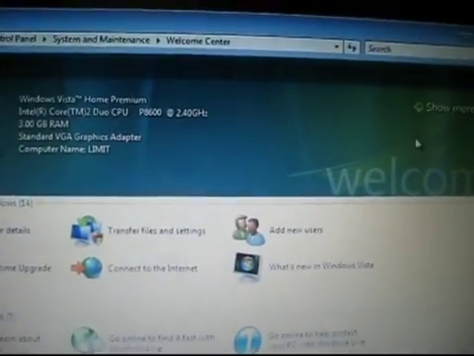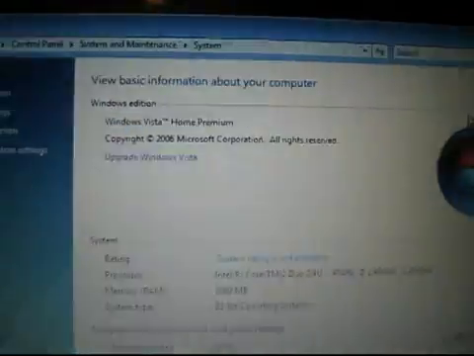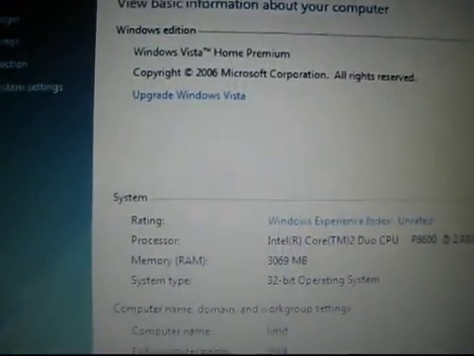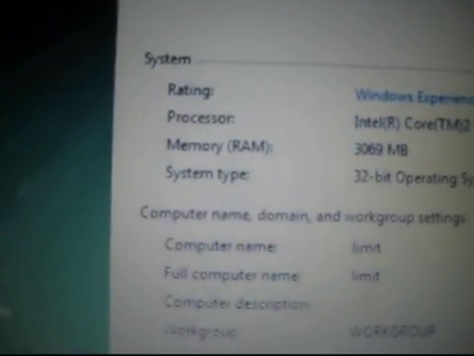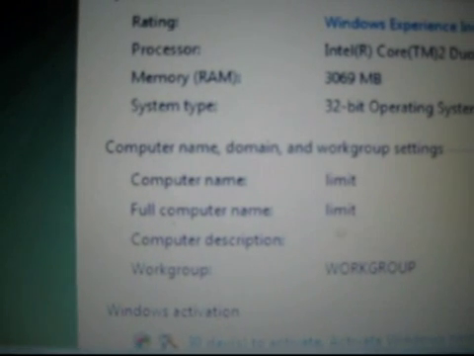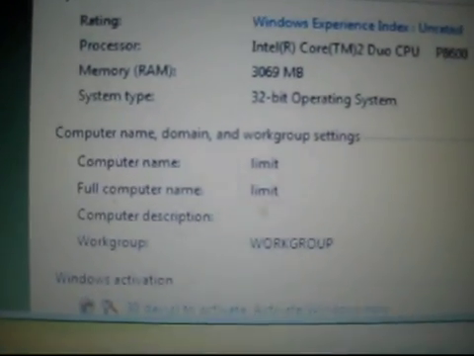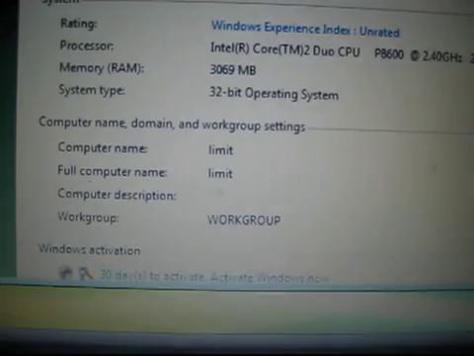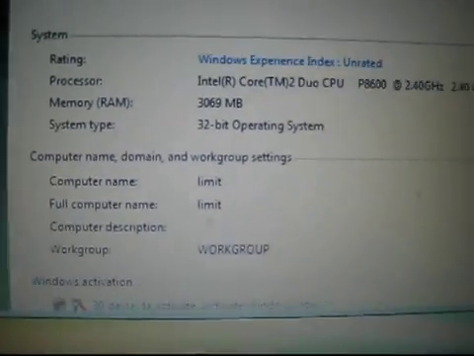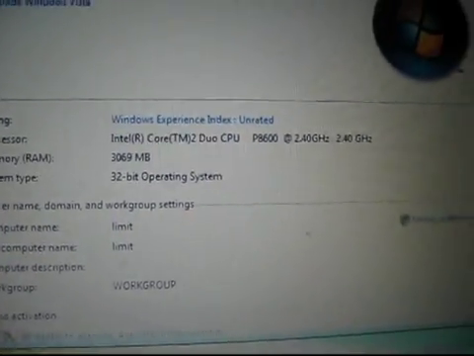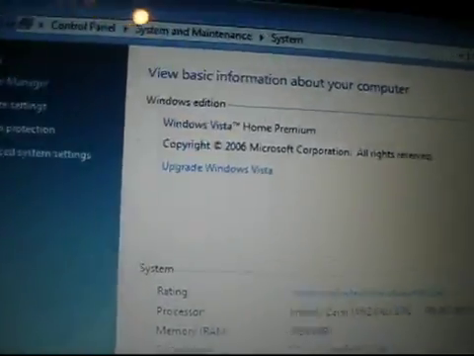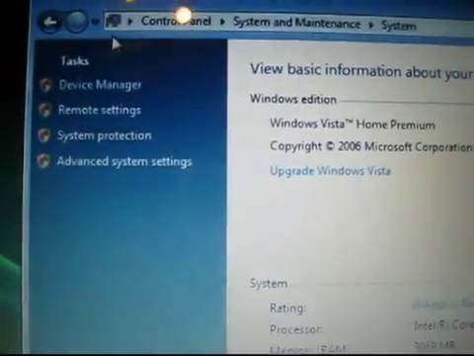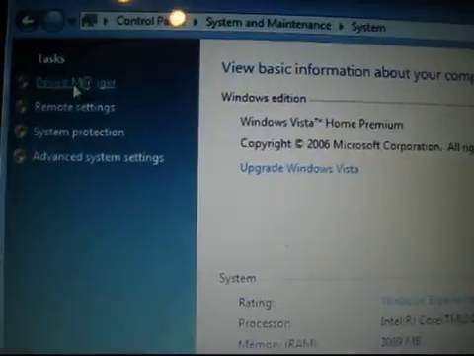So you want to go to show more details, and here you can get all the information about the computer. Now down here you'll notice it says 30 days to activate, and that's because I'm doing the trial version, as I said before. Okay, so now what we want to do is go to device manager,